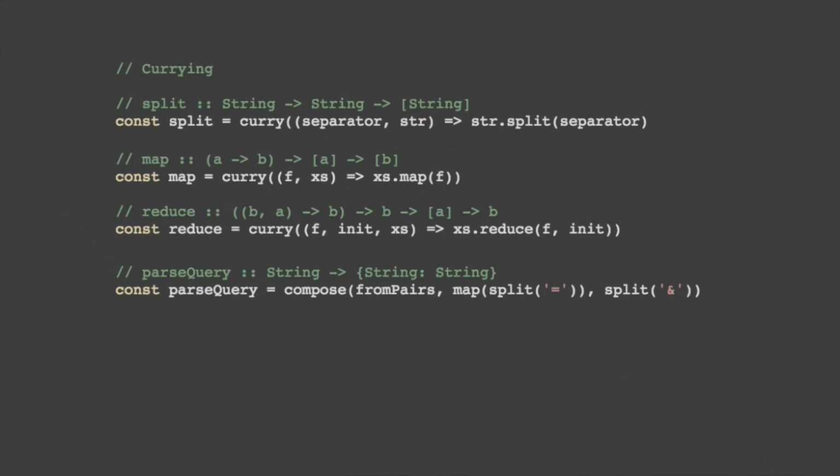So now actually our parse query function looks a lot simpler because we can just put these functions in like that. And if you notice, one interesting thing about this is none of these functions except parse query has anything to do with URLs, has anything to do with the domain we're in. These are really generic functions. Map applies to all lists with all kinds of functions.